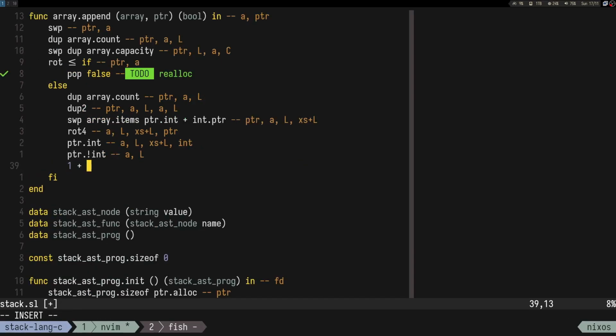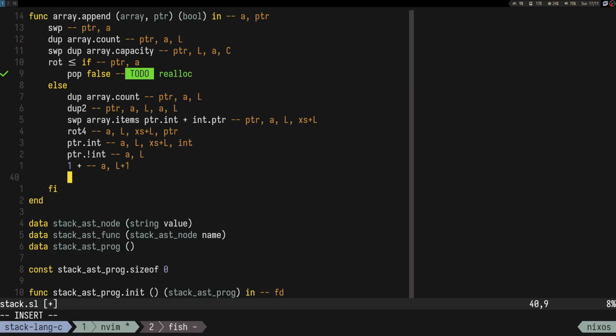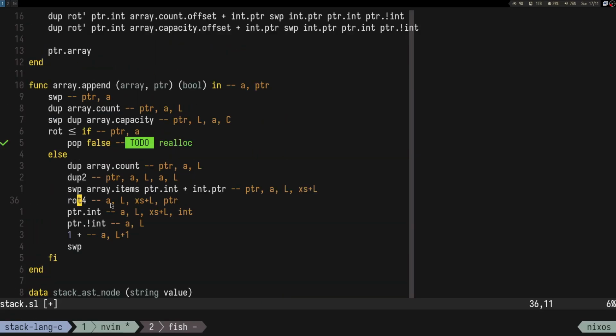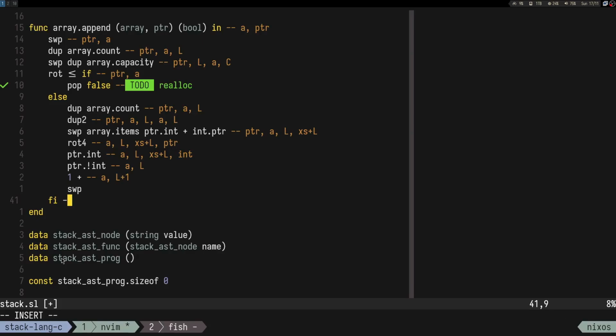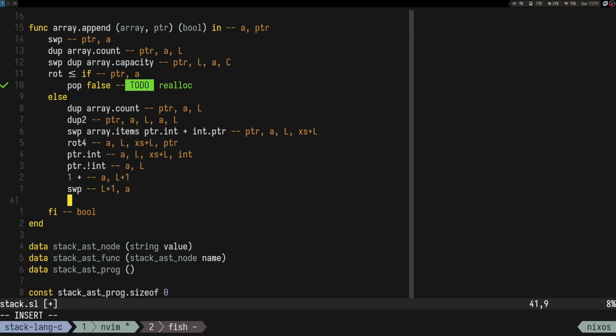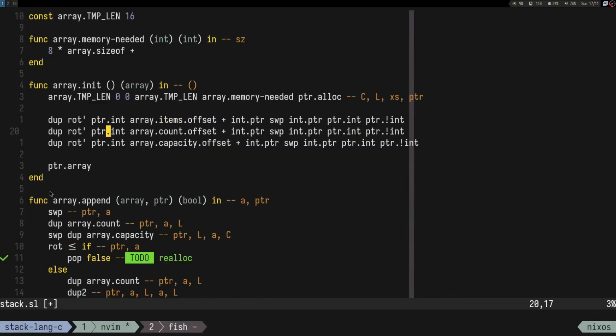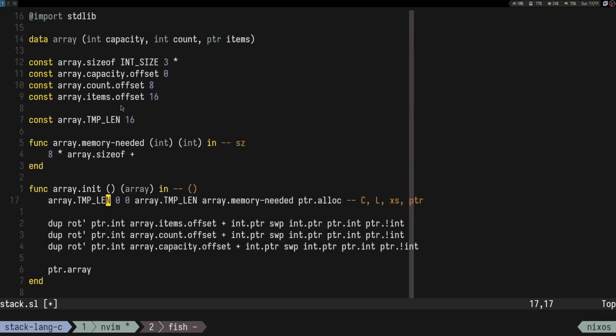We need to increment this thing with 1. So we have al plus 1. We can swap. So this thing should return a boolean. Let's keep that in mind. We swap, so we have l plus 1 a. L plus 1 and a. And let's just convert this thing again to array. No, we do array.pointer because we want to set the